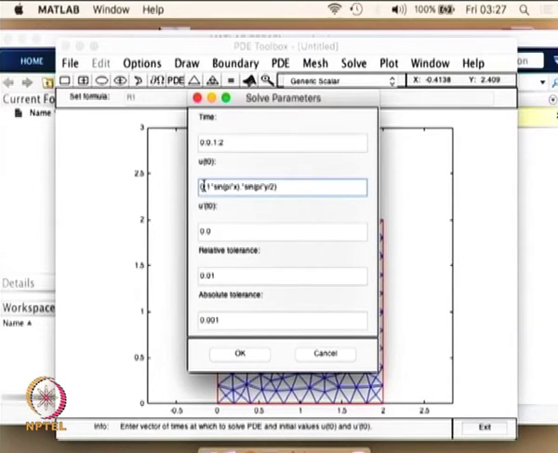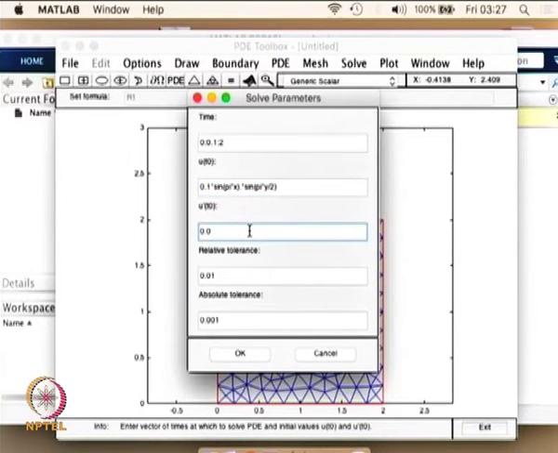So this is the way we set the initial condition. So 0.1 multiplied by sin pi x dot star sin pi y by 2, and the second initial condition is